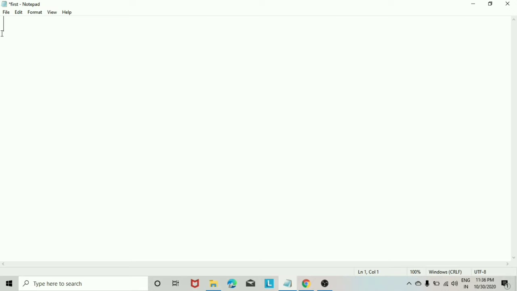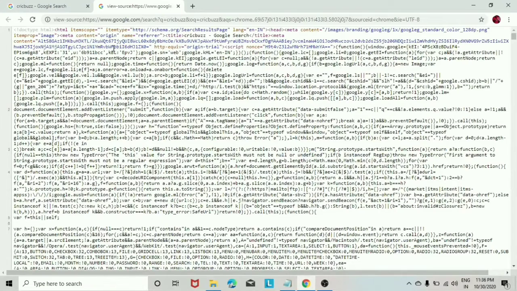For that we have to understand that if you consider a particular website, say ClickBuzz, and go to the view page source part by right clicking, you will see a series of text come up. At the first part of the text there is some HTML tag implemented in it. So for every website creation page, either a very small website or a very big website, there is HTML embedded in it. So it is a necessity that we understand HTML.